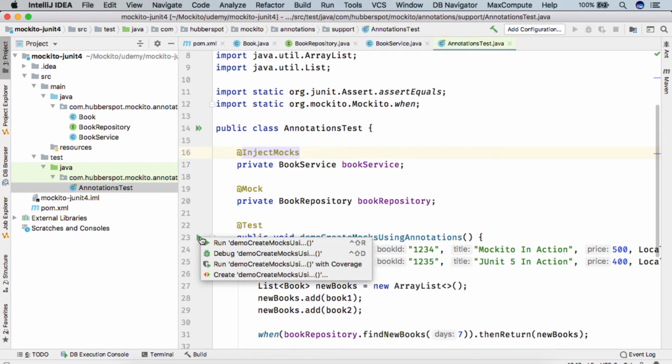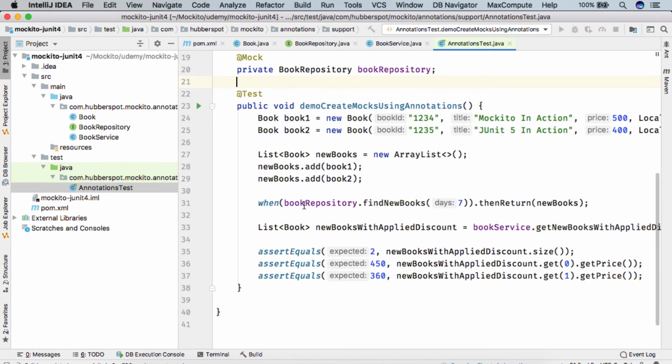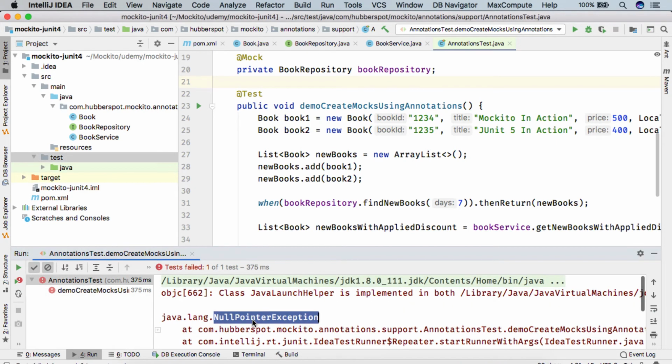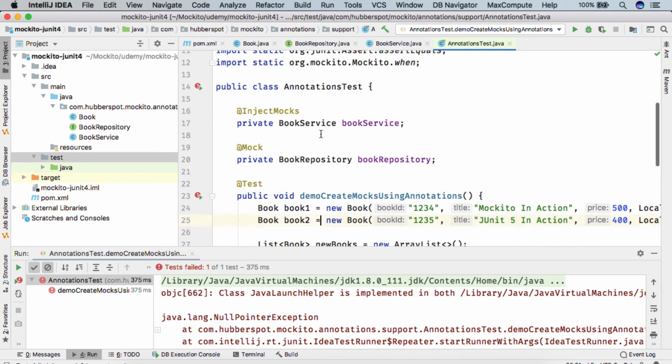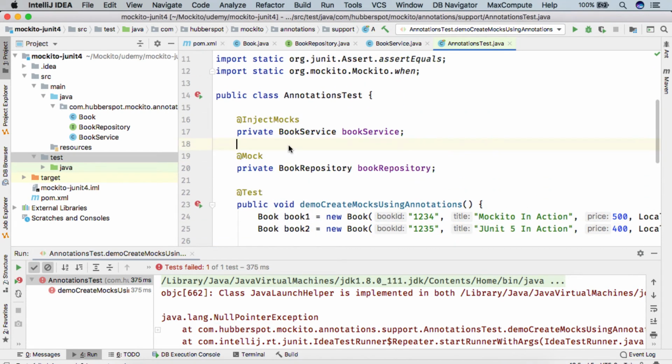So if I run the test case now with these annotations, you can see it gave a NullPointerException because we haven't told Mockito what to do with these annotations, and Mockito doesn't know that we are using these annotations, where the BookService class is our class under test annotated by @InjectMocks, and BookRepository is our mocked external dependency being mocked by the @Mock annotation.